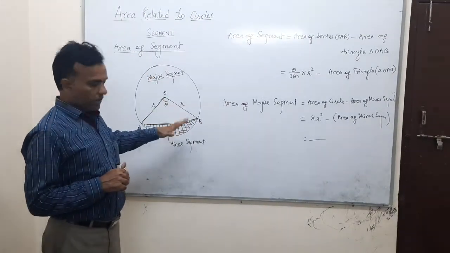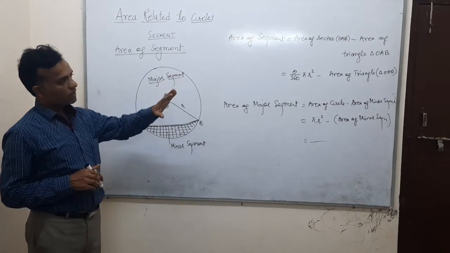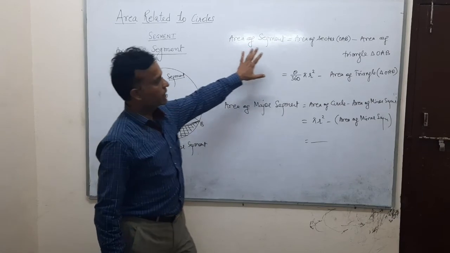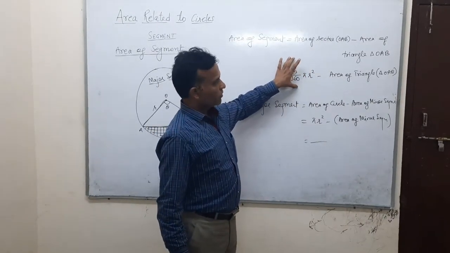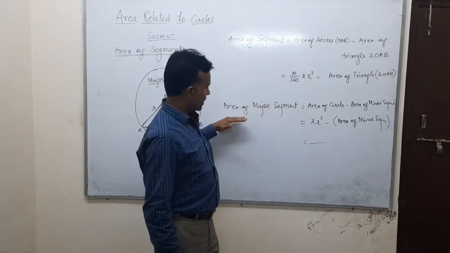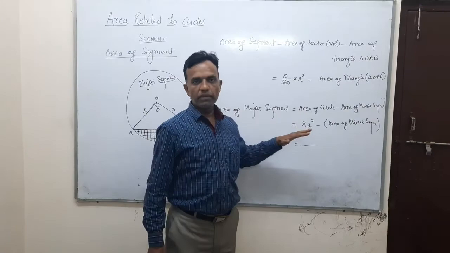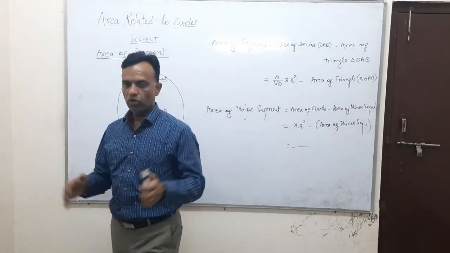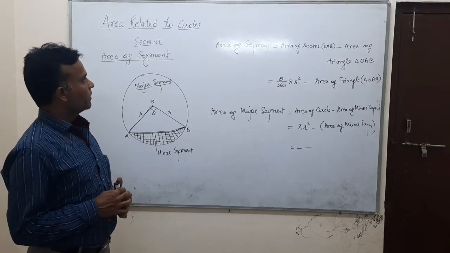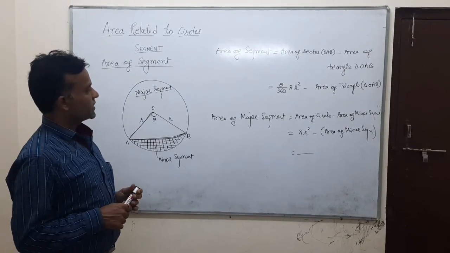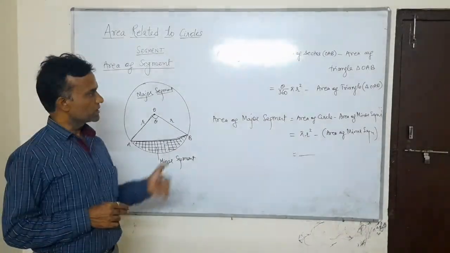With the help of the figure, we see which part is the segment and which part is the sector, and then we include the area of the segment, that is the area of sector minus the area of triangle, and add the formula for this. Then we can also find the area of the major segment. So the whole part is completed because we have covered the maximum formulas. Your chapter is related to a circle, and these are the only topics included here. So now we have discussed the topics.